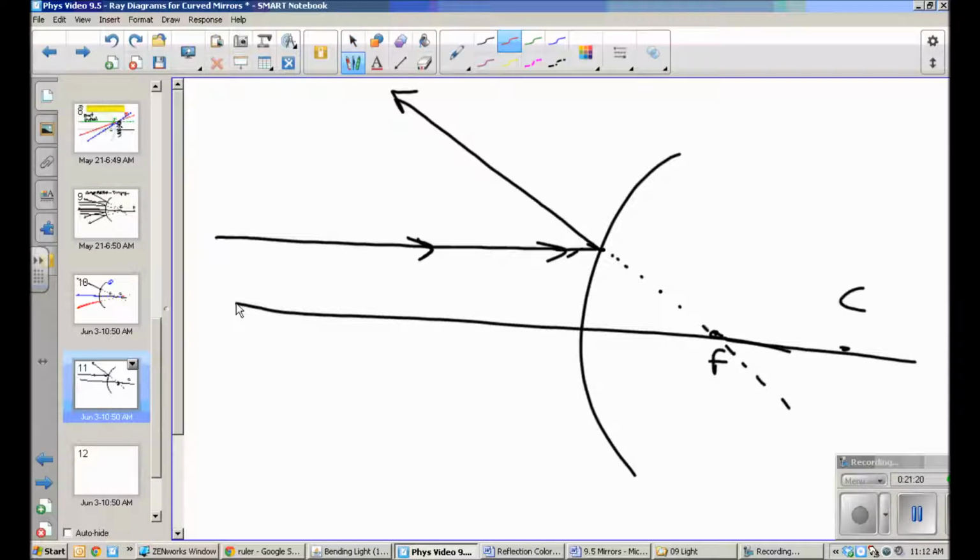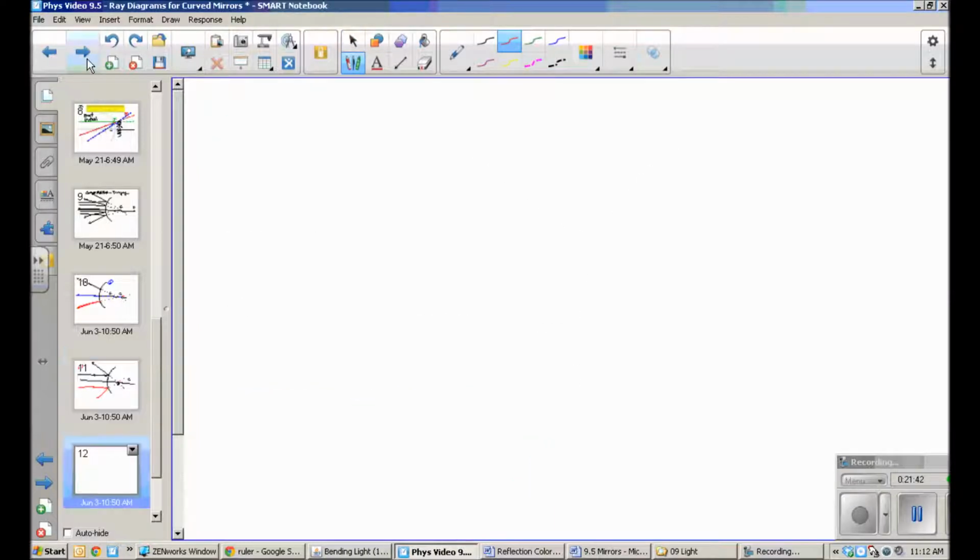So this beam of light is going to hit the mirror. The reflection doesn't go through the focal point, it goes away from the focal point. Again, the dotted lines represent the extensions of the reflected beam. Sorry, this video is long, I apologize. So this is rule number 2. Rule number 3,